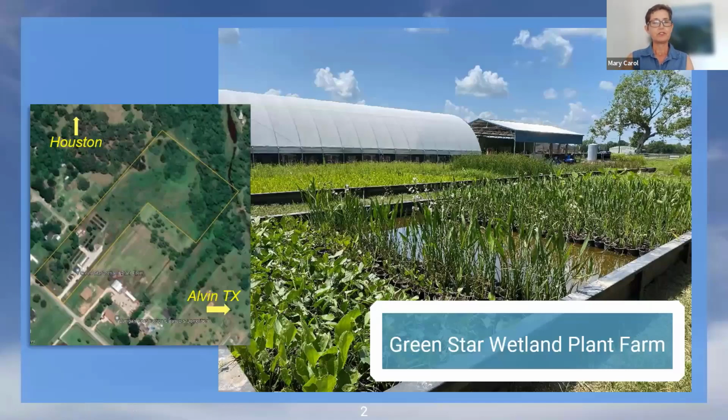And I want to tell you a little bit about how it came to be here, how I came to be a plant farmer. I worked at AgriLife Extension for about 10 years as a wetland restoration assistant, and then as a stormwater wetland specialist. The office was Texas Community Watershed Partnership in Clear Lake City.